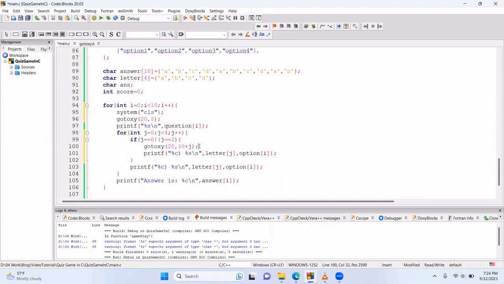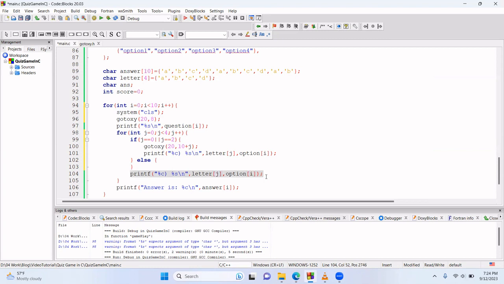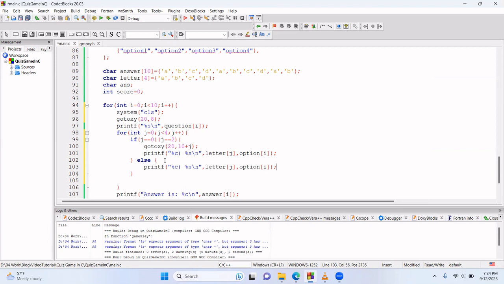So here this is done. 0 means A, 1 will be B, and 2 means C. So A and C will be in the first column. Then similarly, we will display the other 2 options in another column. Let me copy this part here. This I will start somewhere from 55 x-axis and 9